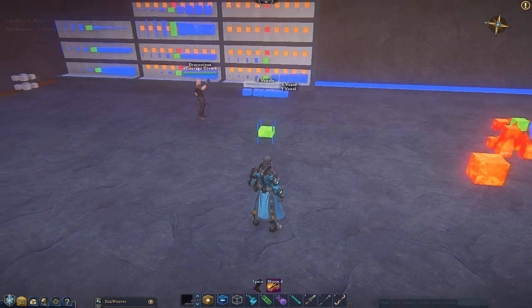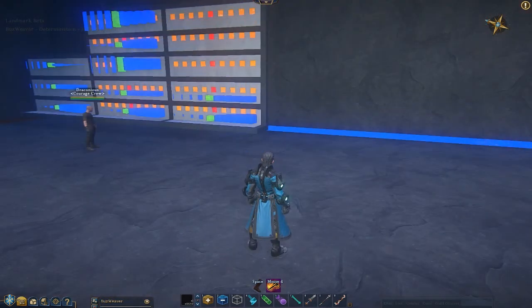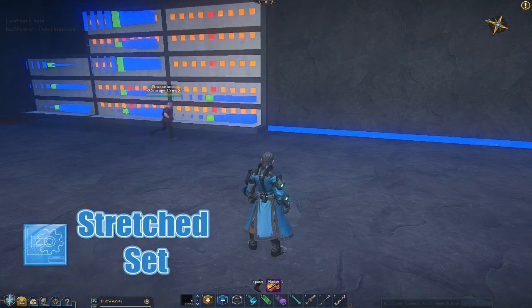I'm going to copy those and place them onto our board, just like so. Okay, like the other boards, on the third row we're going to make our stretch set. So you're going to need to come in on your bottom row, go select the entire row,